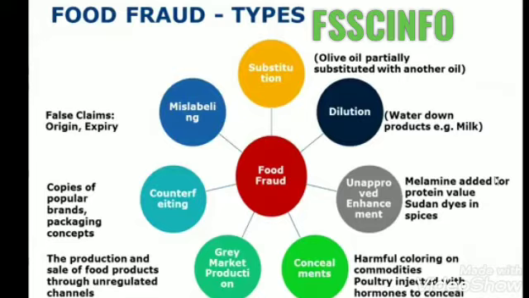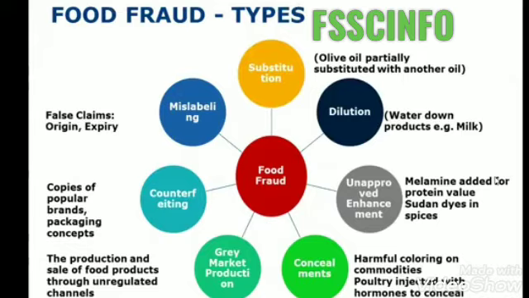Last but not least, it's called mislabeling, and this is also one of the emerging concepts. Sometimes mislabeling is linked with false claims. A false claim means, for example, basmati rice is only grown in Punjab, but a distributor sitting in Karachi collects basmati from Punjab, basmati from Sindh, and rice from the Swat region, mixes them, and claims that it's all basmati. So this is also a false claim of origin.